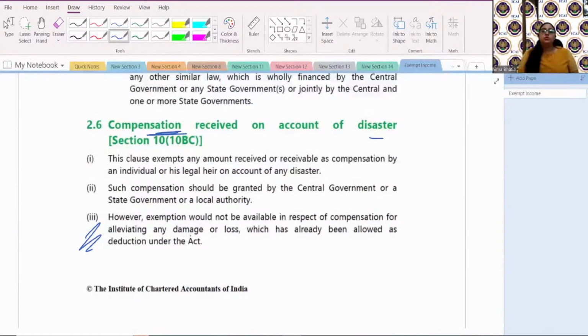We are not claiming the deduction of loss which has happened from the profit. So suppose X person's building got destroyed, for which the government has given the compensation, but at the same time, destruction expenses is claiming from profit. Both the things cannot happen. You are claiming the profit deductions also for the destroying, for the building which got destroyed, and at the same time, you're receiving the compensation also, which is exempt. You will not claim the destruction expenses as the deduction, then you can claim the compensation as exemption. Okay, both the thing quite obviously government says कि आप एक तरफ खर्चा भी दिखा रहे हो और दूसरी तरफ इनकम भी exempt कर रहे हो, win-win situation नहीं. Okay,